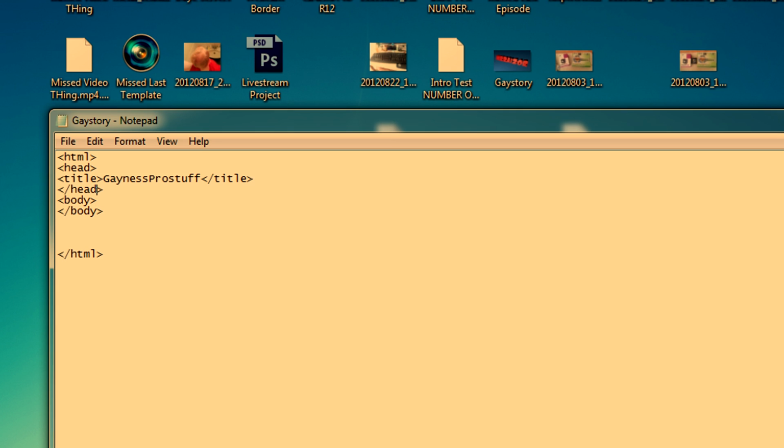Alright, so that's the thing you want to do with that. Okay, so then you have the body. This is actually what contains everything. So it's almost like a human body because it contains everything, right? Yeah? Okay. So